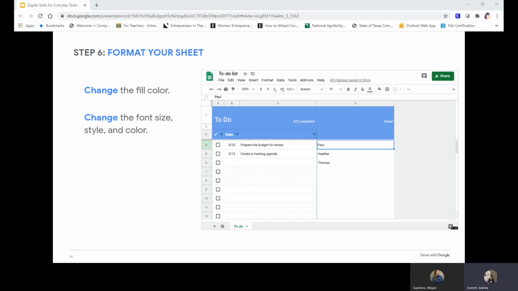Okay, so now you have a sheet with some tasks and owners, and maybe you have just used some formatting to make your to-do list easier to read. Let's think again about how else you can apply this application to everyday tasks. You can use sheets for anything you need to organize, not just for event planning. From employee schedules to family appointments and sports practices to simple shopping lists, Google Sheets can be used for anything you need to organize. You can find other templates online to help you start pretty much any type of project you need.